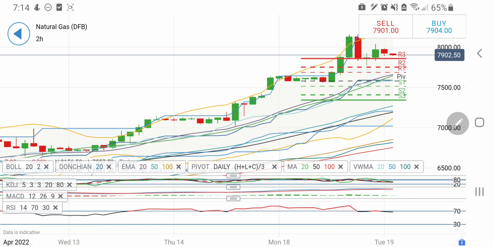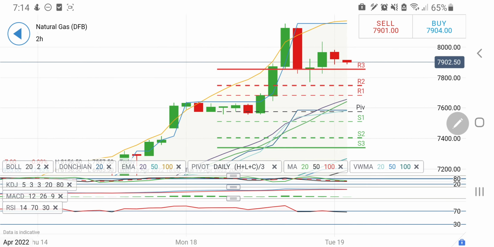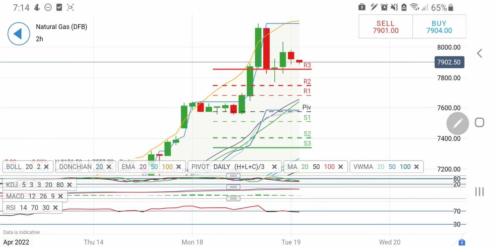Now look at natural gas. As I told in my weekly analysis, natural gas must hit $8 to $8.2. It is going ever stronger, strongly bullish here. And now see, this is extremely overbought, it needs to have some drop, and that is what it is trying. See, close to 8.2 it has achieved, then a good drop, retracement on the upside, again trying to drop. So I think it is trying to trade in bearish mode now.